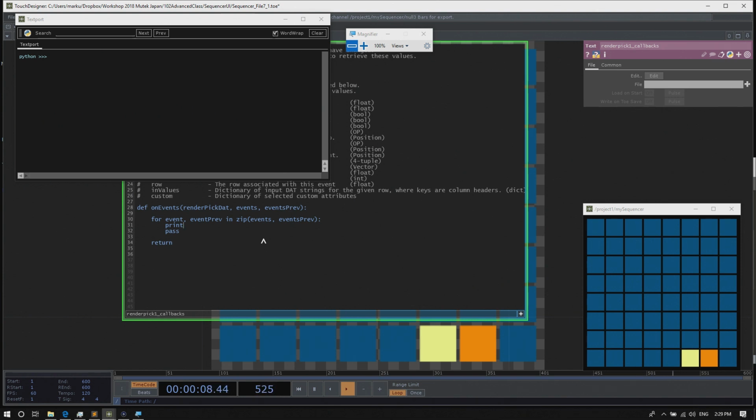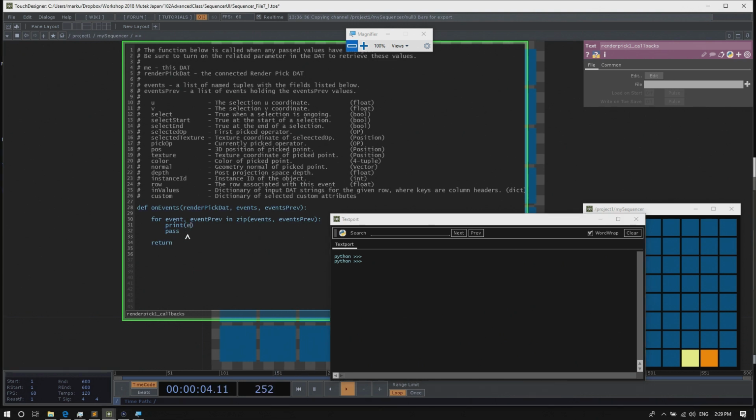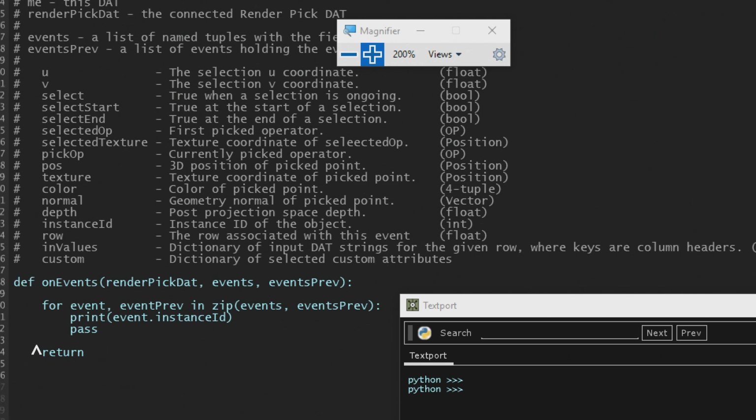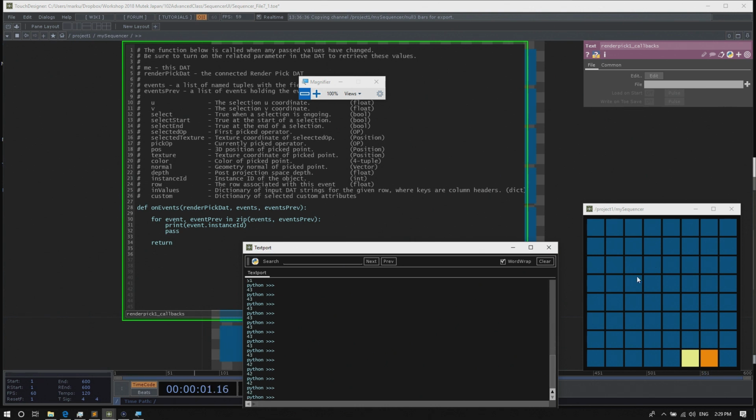print event.instance ID. And now when rolling over our panel, you can see that it's outputting the instance ID that I'm rolling over.